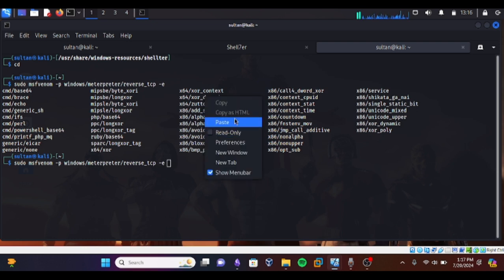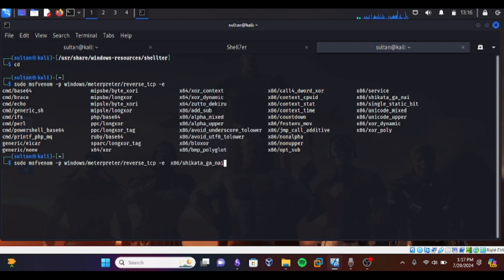Shikata has a great feature of advanced protection, and it can give you a higher chance of evading antivirus systems. Then I'm going to encode 12 times by adding an iteration value of 12, so it's going to perform encoding 12 times.